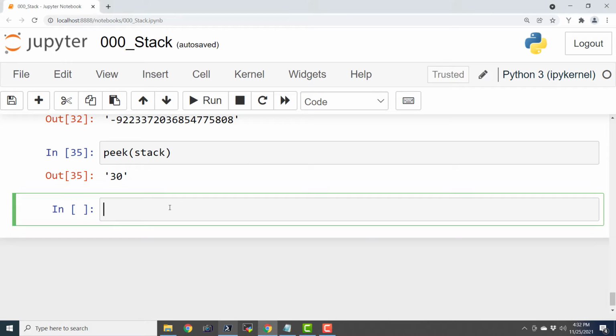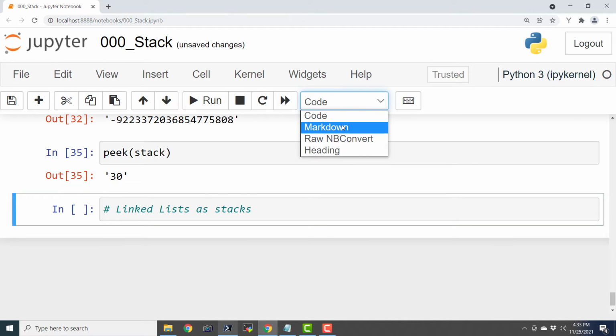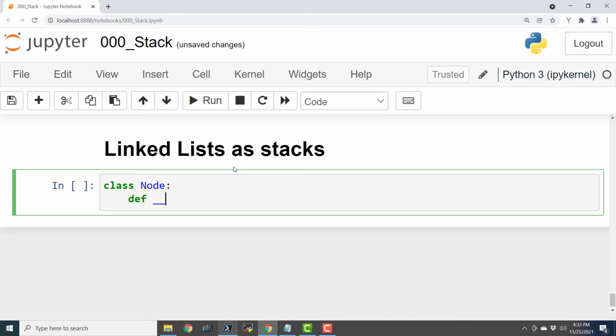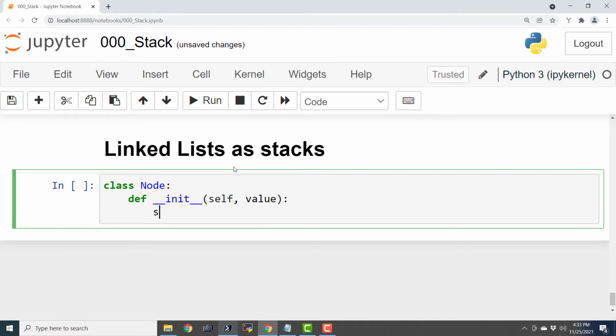Now let us define a class known as Node, and before that I'm going to have a comment, "stacks as or linked lists as stacks", and I'm going to say markdown and execute this. Let us say class Node, def __init__ self, value. self.value = value.